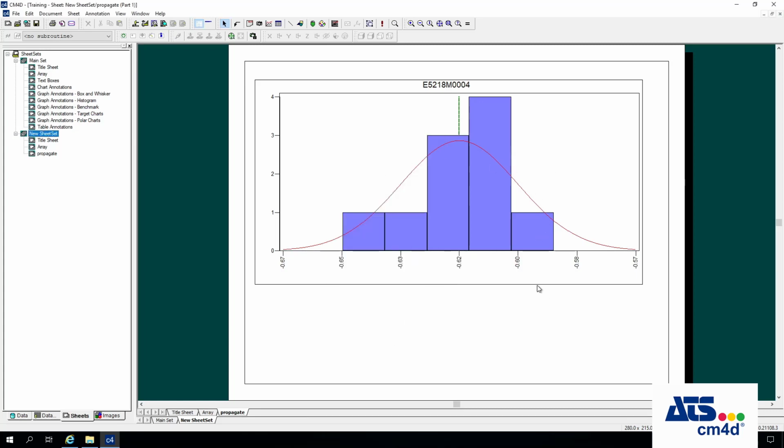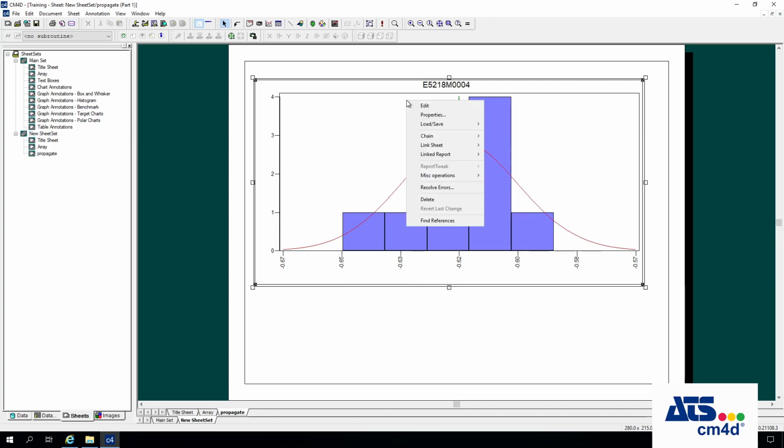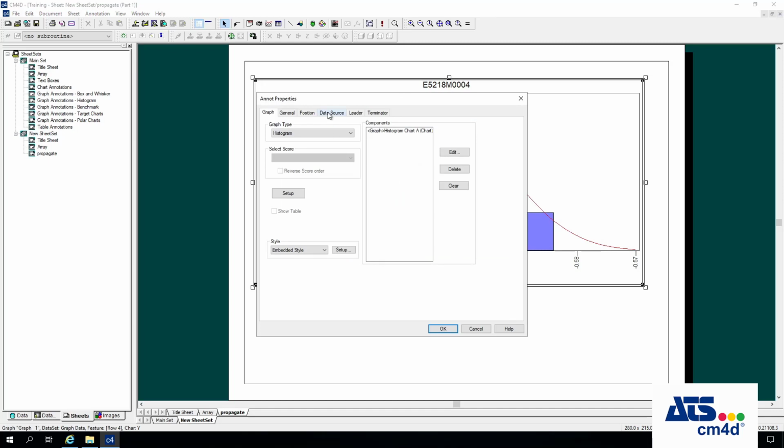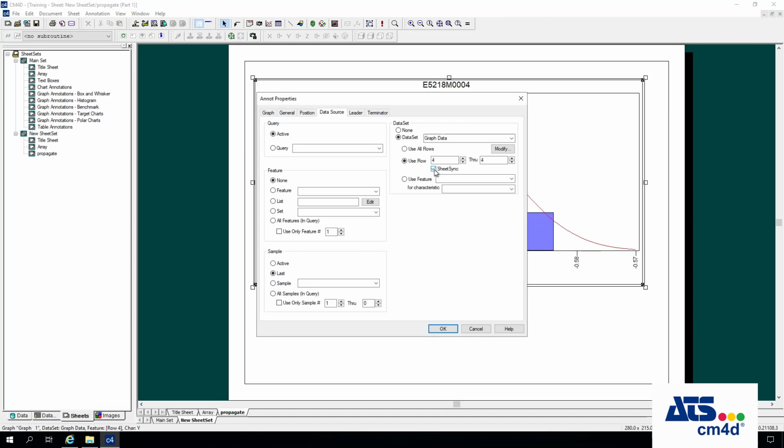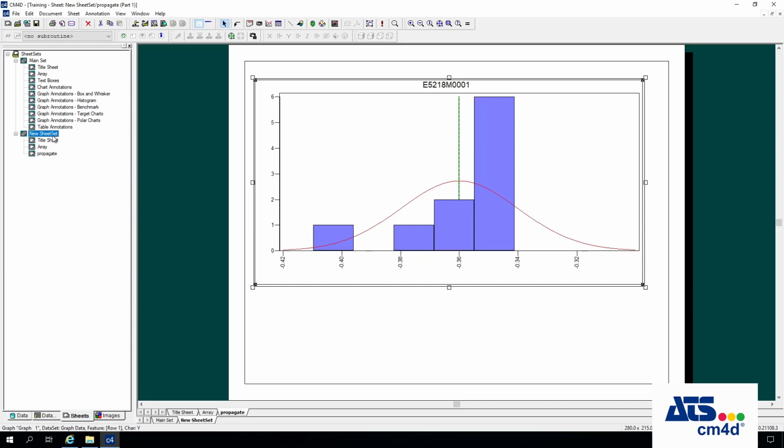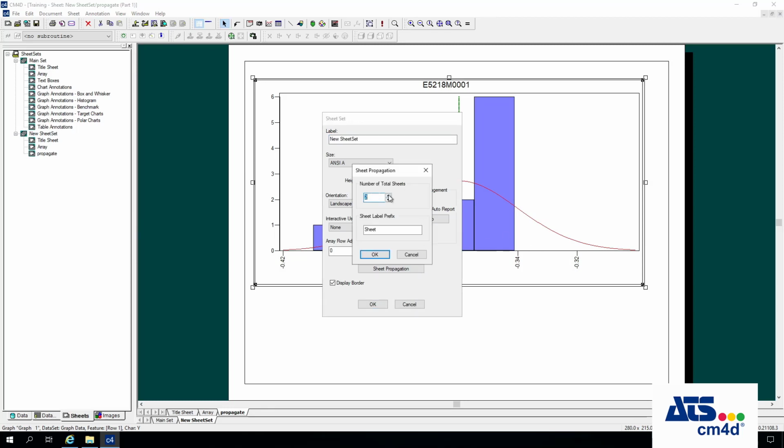But if I had a series of different charts all linked to one data set, and these charts have a special option in them, if I go to data source, there's something called sheet sync. I can turn that on. So if I set this to look at row 1, turn this option on sheet sync, and then if I right click, go to properties, and go to sheet propagation, and say make 10 sheets, and the first name will be propagate, or maybe a different name. We'll choose test. If I hit OK,